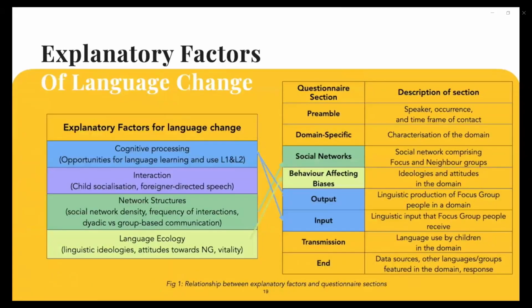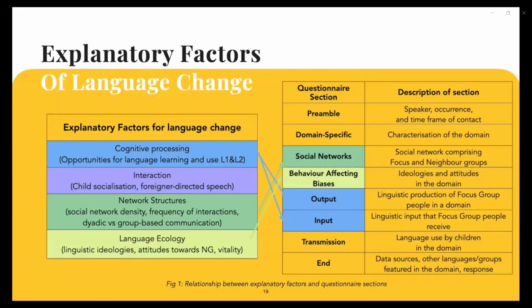So that was a crash course in the type of explanatory factors that we've been able to identify in the literature. So putting it into these 4 categories was an exercise unto itself. It's still kind of ongoing, but we've identified these 4 broad types of factors. So this is what's been suggested as being consequential for language change and language contact outcomes. So let's try and elicit some data on these factors.